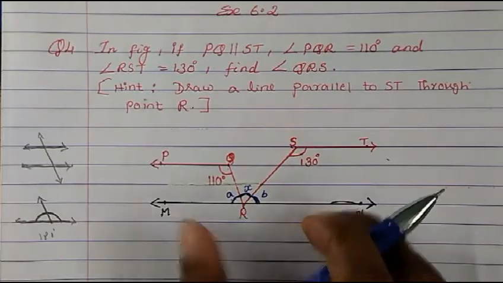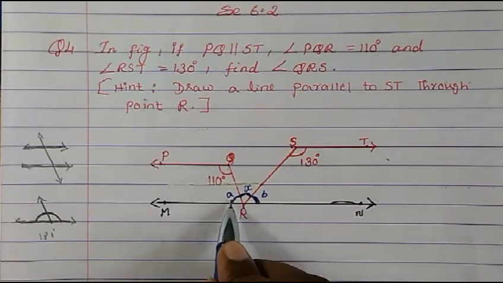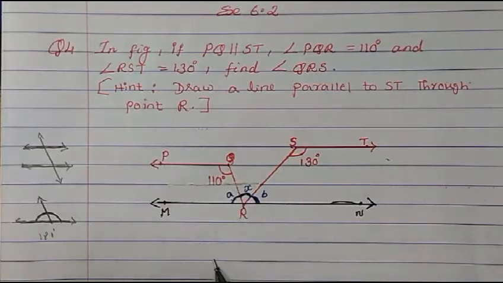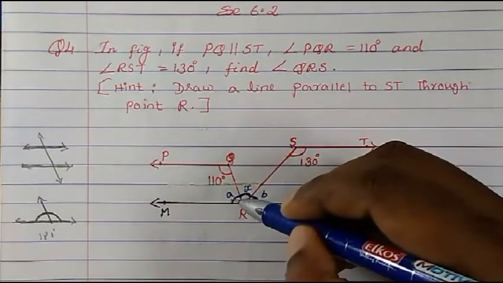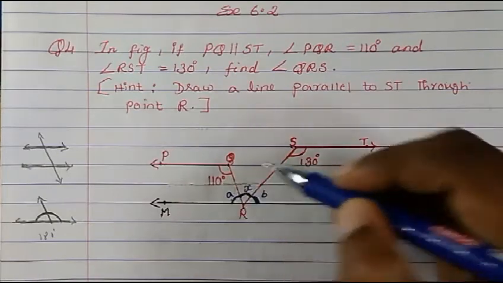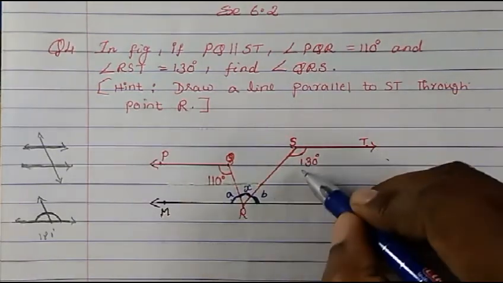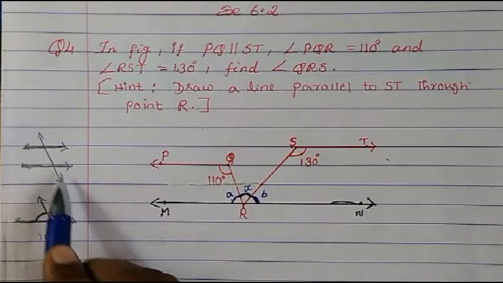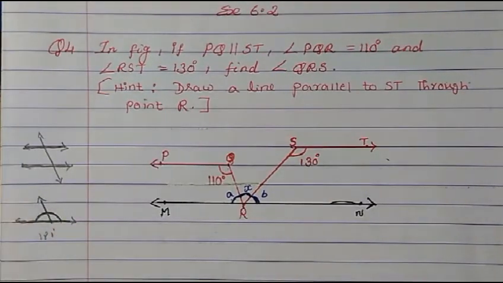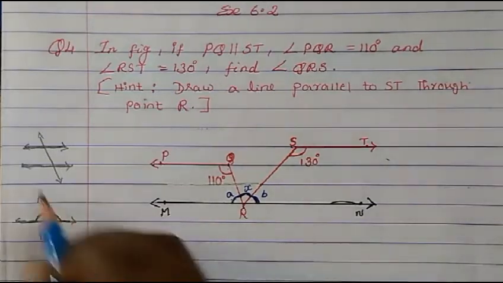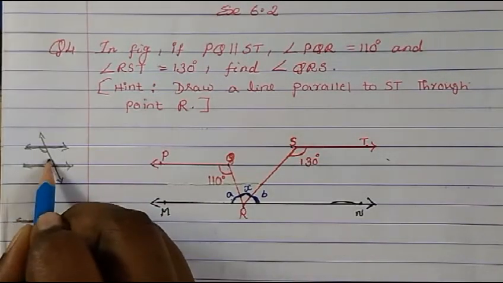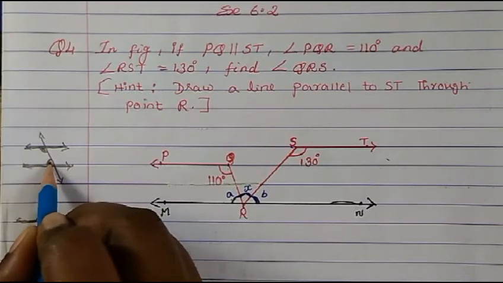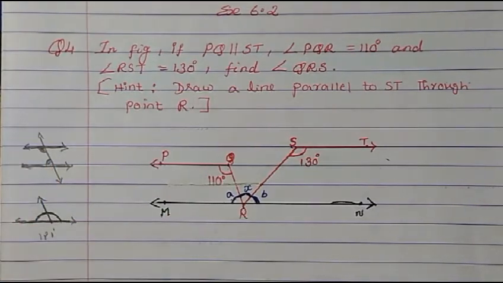Okay, so to know the value of this angle and this angle, we have to see what pairs of angles are formed. To know A, we have to find it from here. To know B, we will find it from here. Again I told you, when two parallel lines are there and one transversal is there, the angles formed on the same side, here and here on the same side, we call these angles consecutive interior angles.